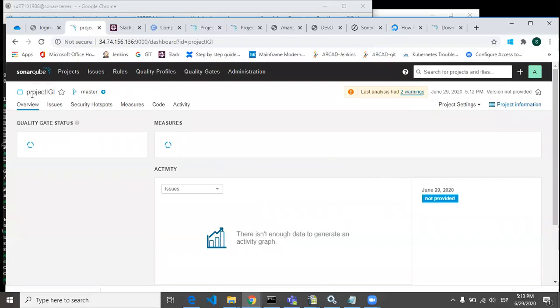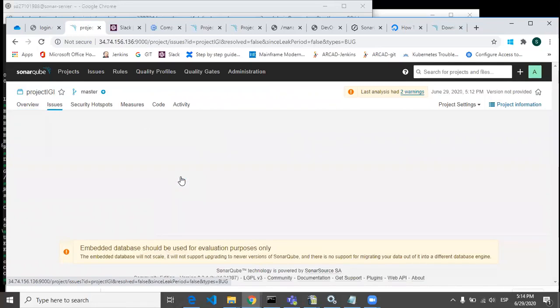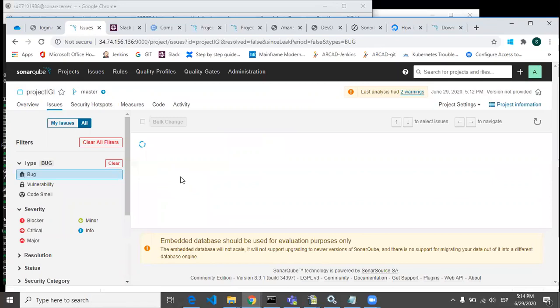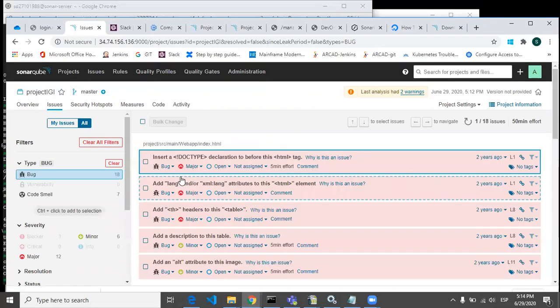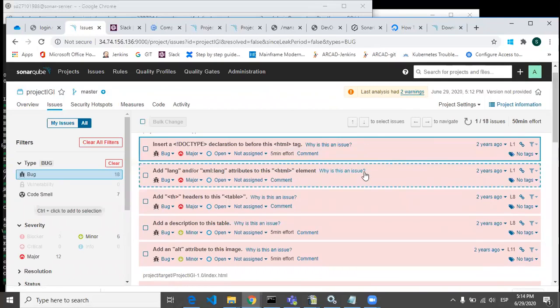You will see this project key, and it is saying the quality gate status is passed. But you can see there are a total of 18 bugs here. These are not compilation or runtime errors. They are just bugs found in the styling or formatting of your code. These are the bugs that you need to fix to improve your code quality.